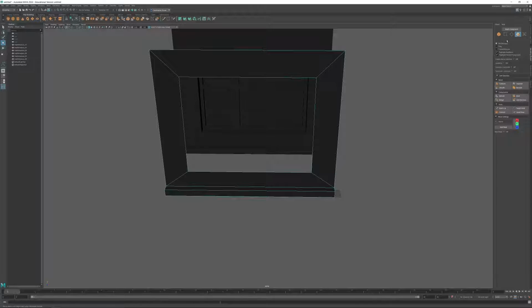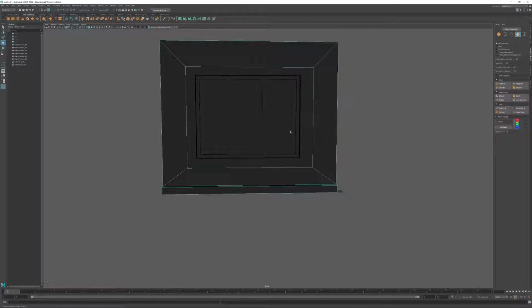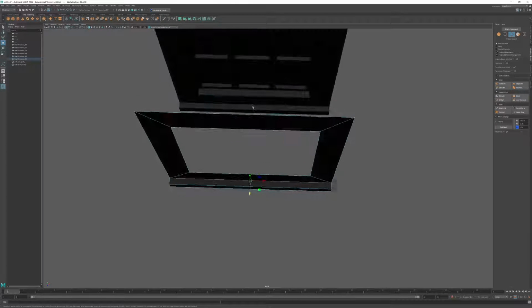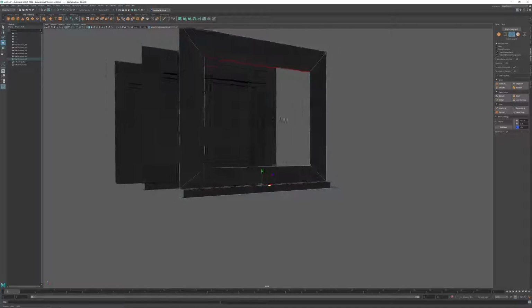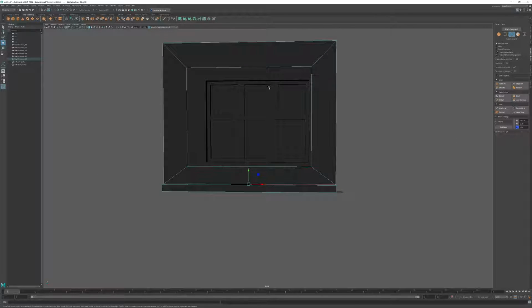For this mesh, I'm going to need to split this window in 2 and then arc it as well. I think for design purposes, because my walls are a little bit thinner, I'm going to create just a single arch in here. To do that, I'll grab my vertices